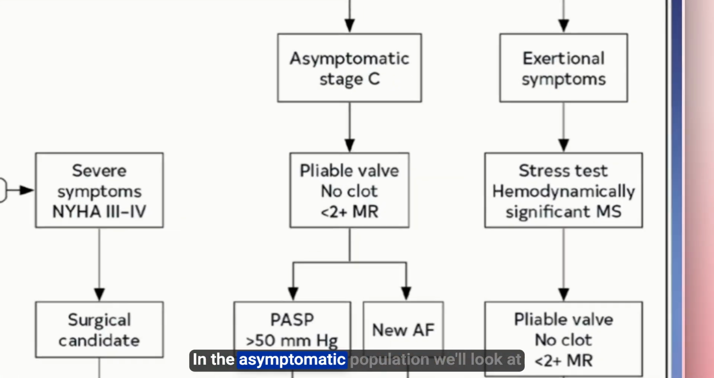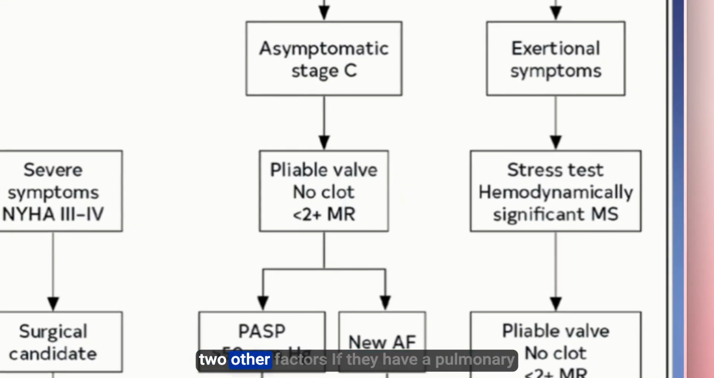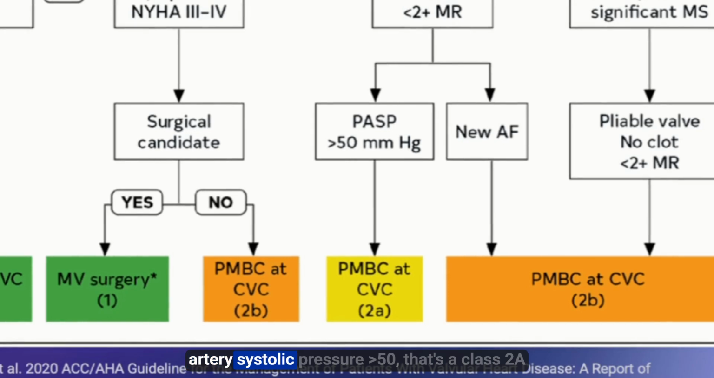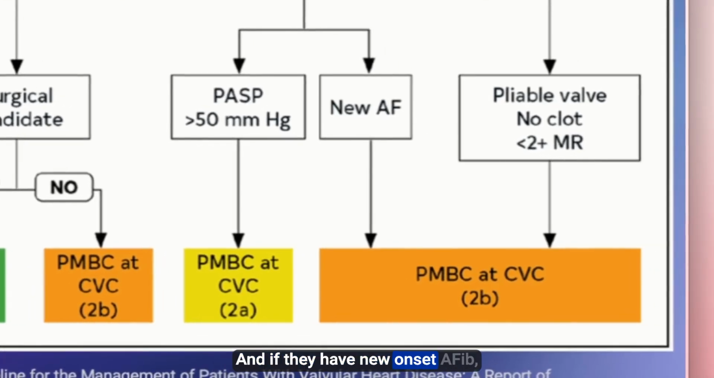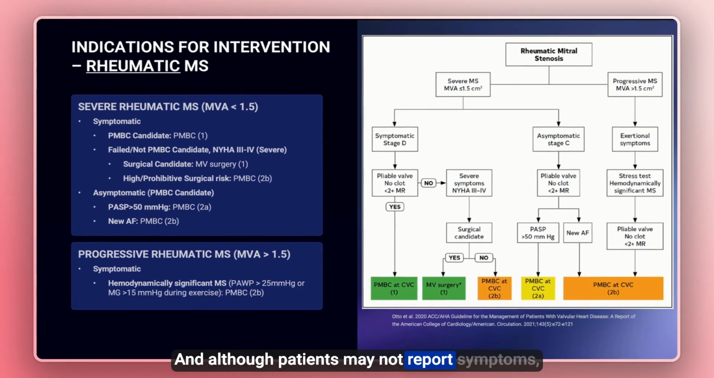In the asymptomatic population, we'll look at two other factors. If they have a pulmonary artery systolic pressure greater than 50, that's a class 2A recommendation for balloon valvuloplasty. And if they have new onset AFib, that's a class 2B recommendation. And although patients may not report symptoms, these can be complications from mitral stenosis, which are why they are indications